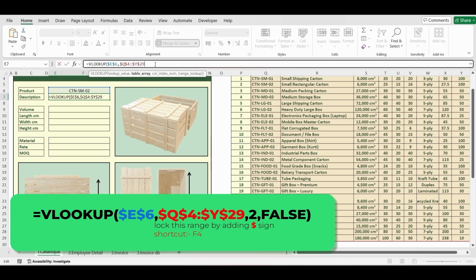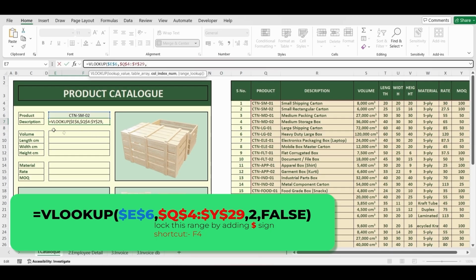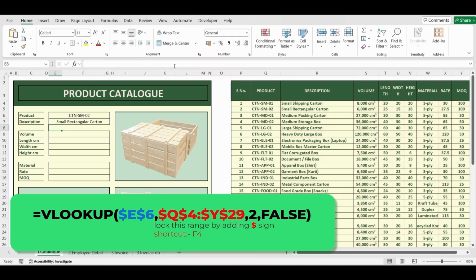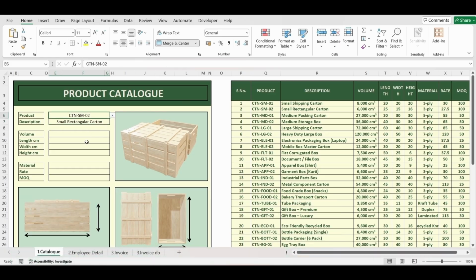If you are not sure what that means, check out a quick video on cell referencing. Next, for the third argument, it's asking for the column index number. For this particular case, we want to fetch description that lies into the second column for this selected range. So the first column is product code and the second column is description. So we will type 2 here. And for the last argument, we will go for an exact match. And simply close the bracket and press enter. See, it correctly picks the description from the master table using this product code.